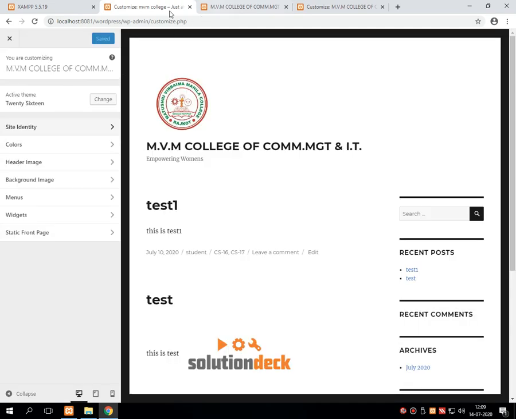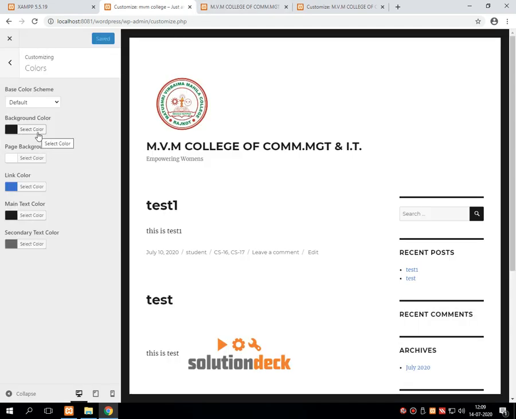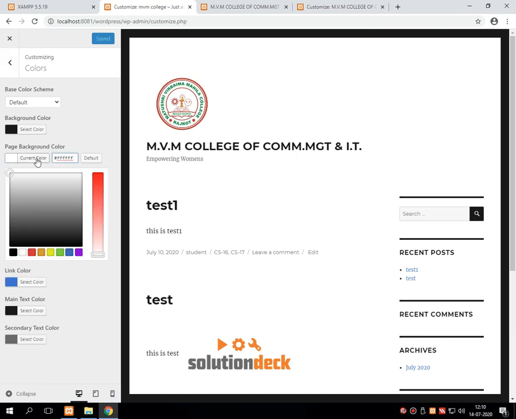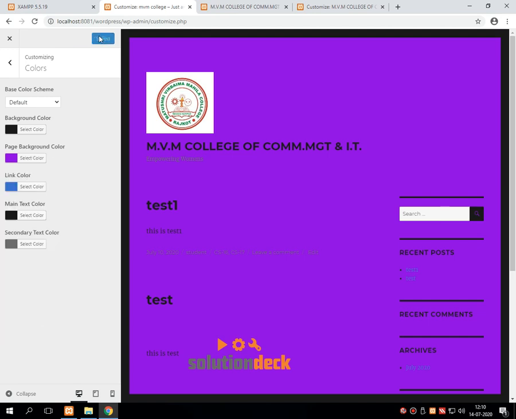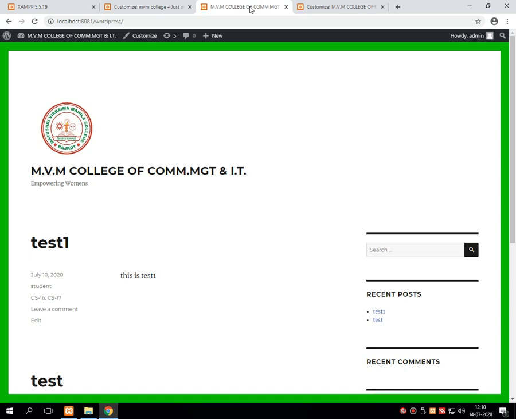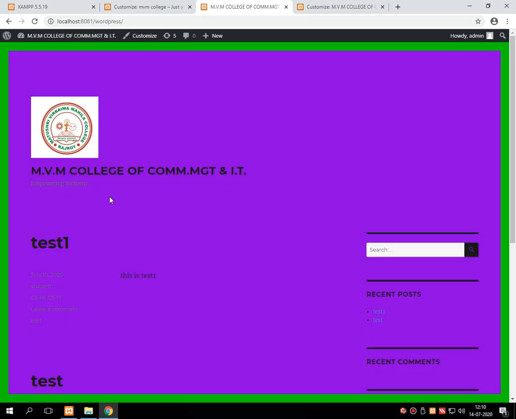Same like that, we can go for another one that is called page background color, which is set as white right now. For example, I am selecting a purple background, and suppose I am saving this particular setting, then it will change the page color from white to purple.